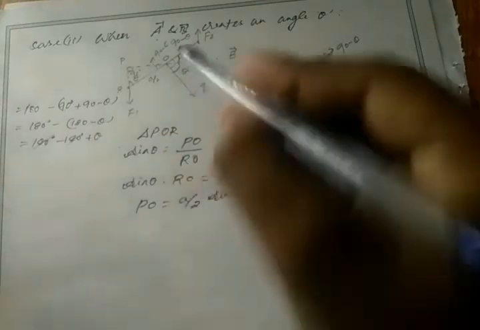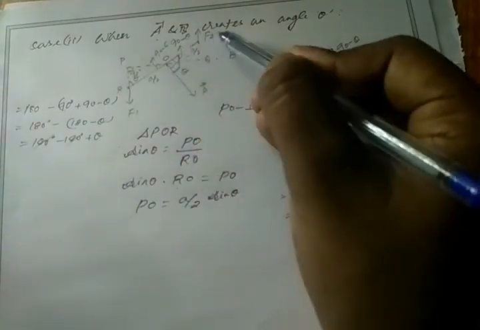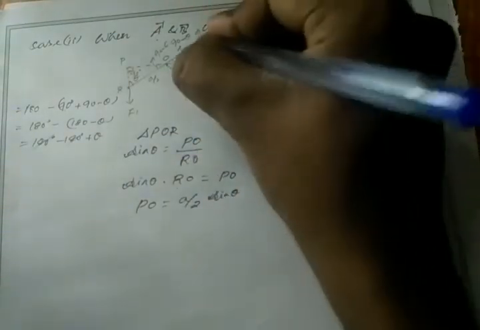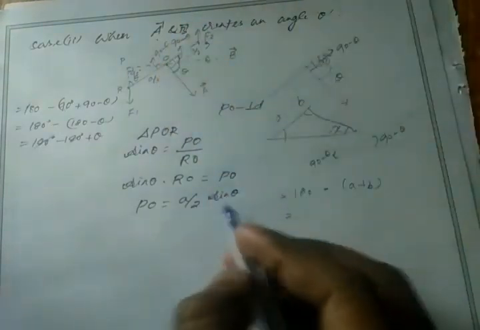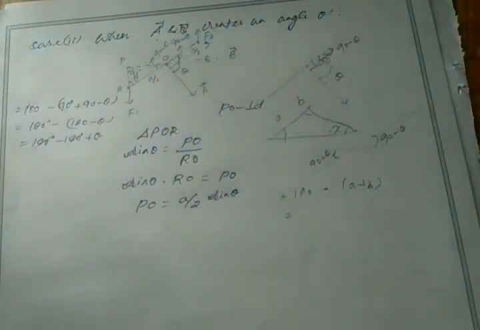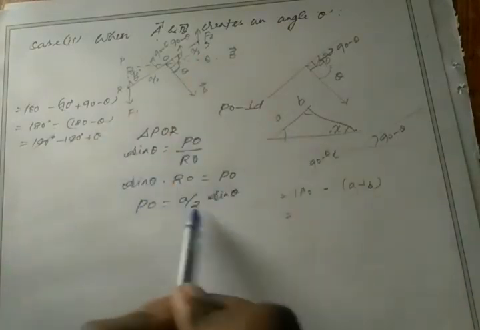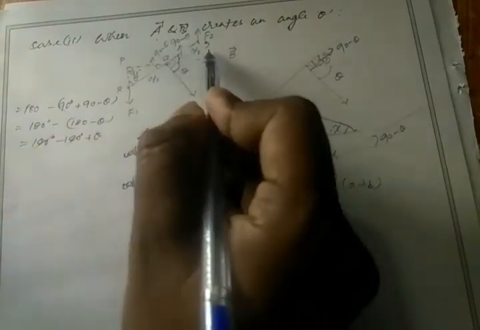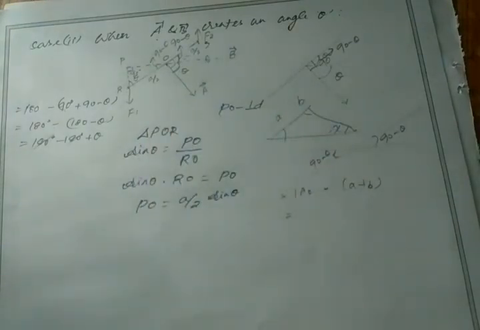Okay. So on the other side, here we name this point S. So OS must be equal to A by 2 sine theta, right? Because they have the same value but in opposite direction. So PO is A by 2 sine theta, and OS also will be equal to A by 2 sine theta. So we got two perpendicular distances and we got two forces. Now we can find the torque value.